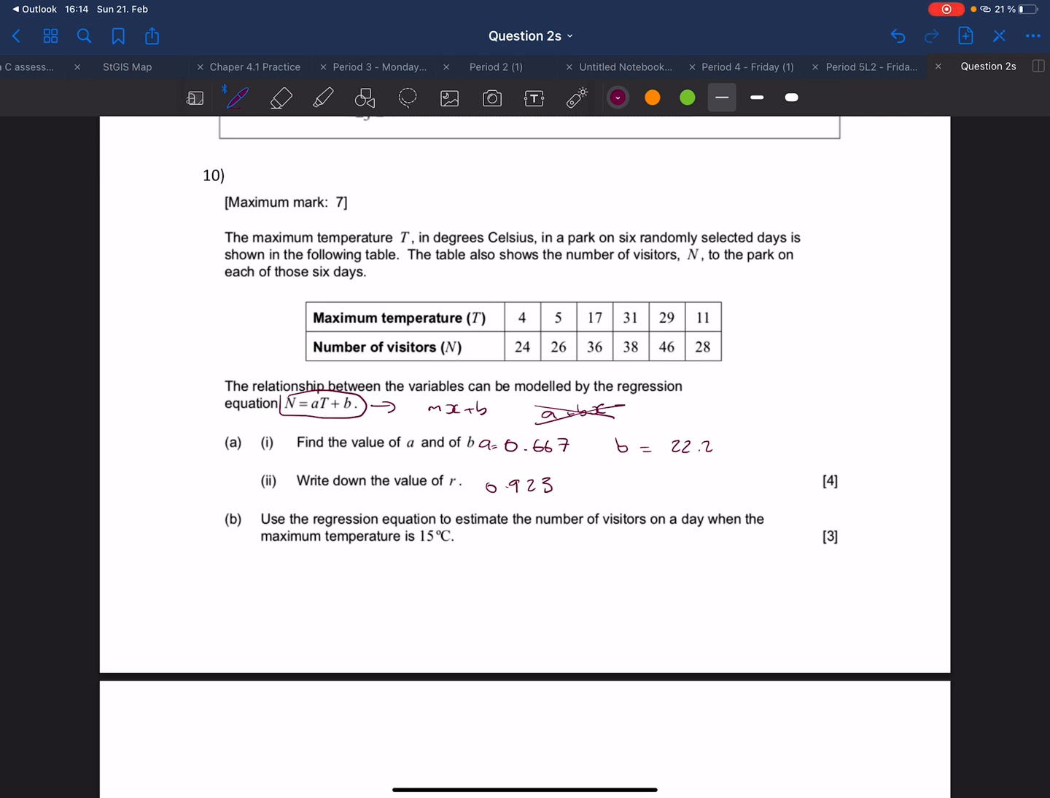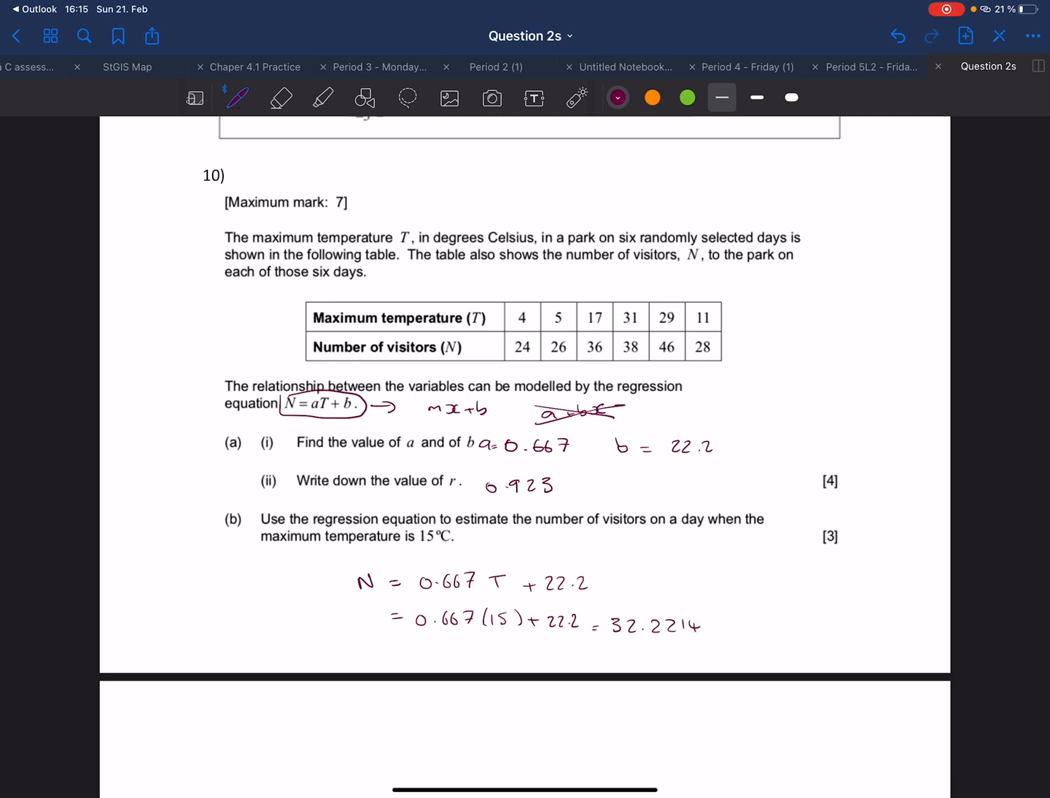It then asks us to use that equation to estimate the number of visitors on the day when the maximum temperature is 15 degrees Celsius. So if I write out my equation, it's my number of visitors equals 0.667 times the temperature plus 22.2. And so if I work that out, I'm going to substitute in the value of 15. So it's going to be 0.667 times 15 plus 22.2. And that is